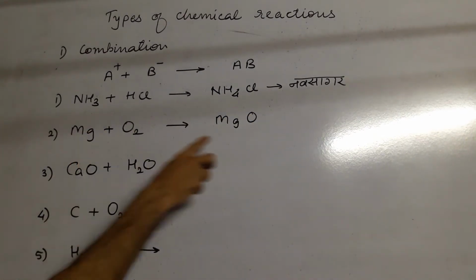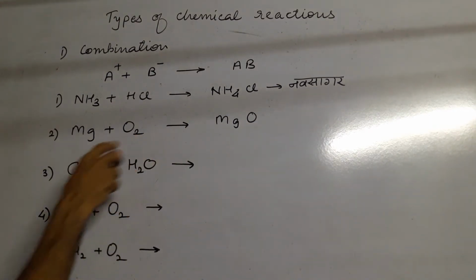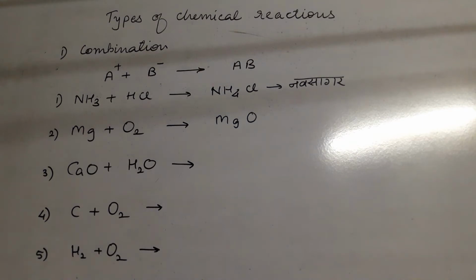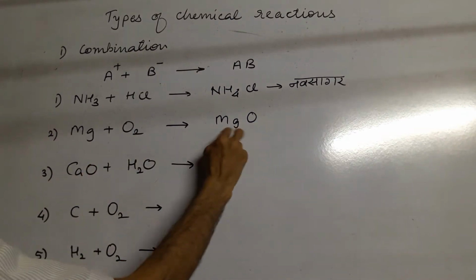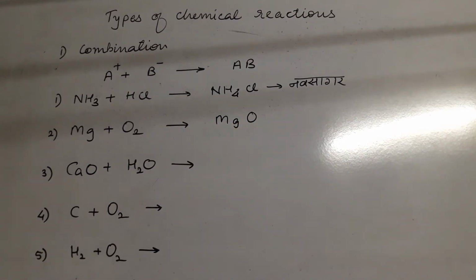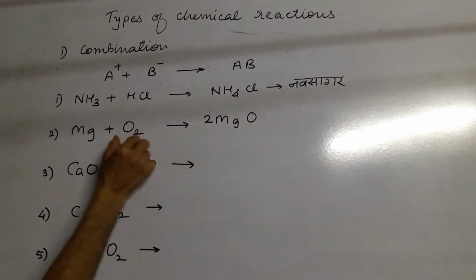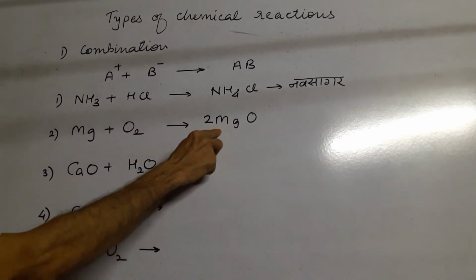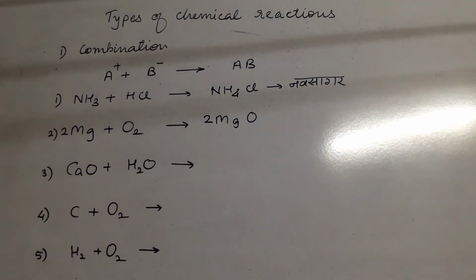Here we have to balance the equation. Here magnesium is 1, here also magnesium is 1. But we know oxygen is found in molecular state, O2, not in atomic state. So you cannot change it by writing O2 here, because that would change its valency. Valency cannot be changed, and that's why we have to write a coefficient here, so that oxygen will be 2. But at the same time, we will find that the number of atoms of magnesium also increases, and therefore while balancing you write here 2.